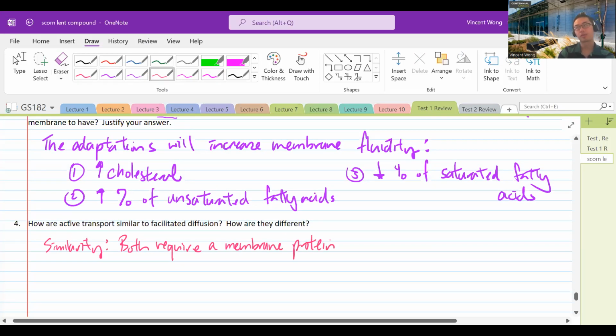Okay, so if you think back to transport like a protein pump, that's going to need a membrane protein. And for facilitated diffusion, you need a channel protein or carrier protein. Okay, so that's the similarity. And for differences,